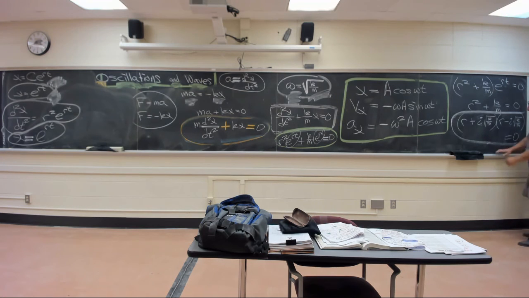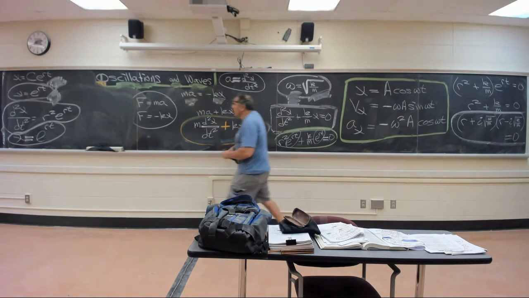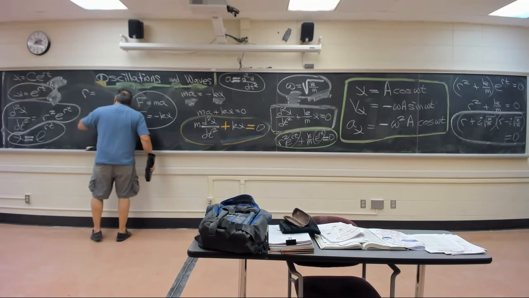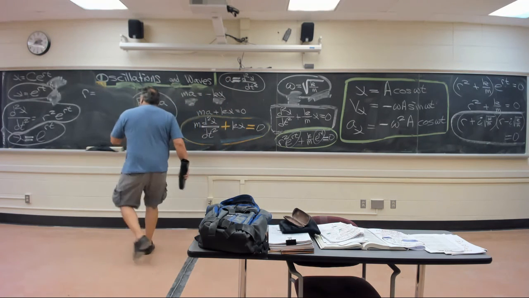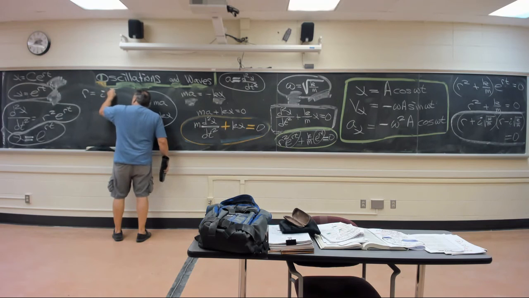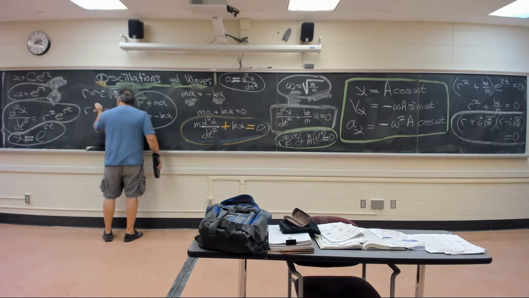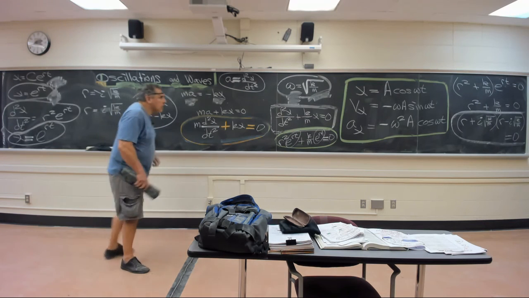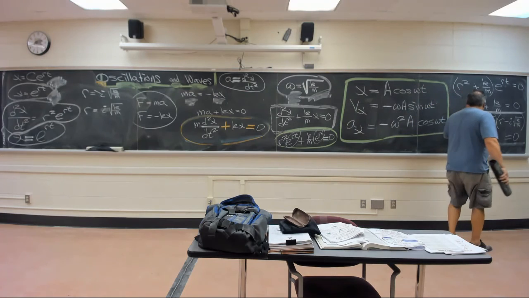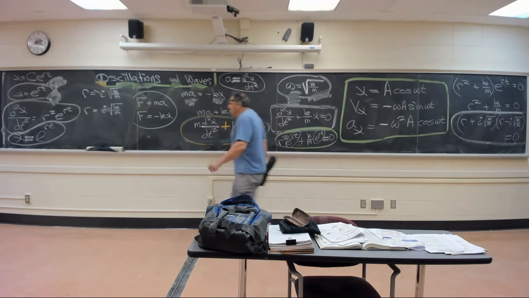What are the answers? You've got to set it equal to 0, so r could be equal to, ladies and gentlemen, negative i square root of k over m, or r could be equal to i square root of k over m. So r could be negative i square root of k over m, or r could be positive i square root of k over m. Okay, without further ado,